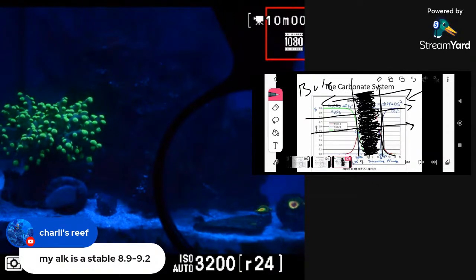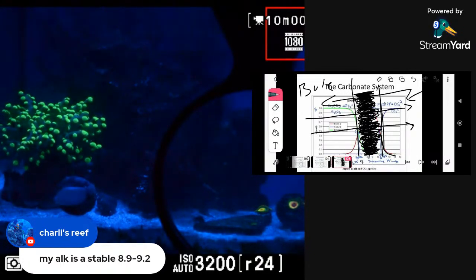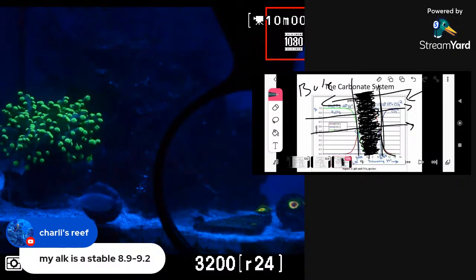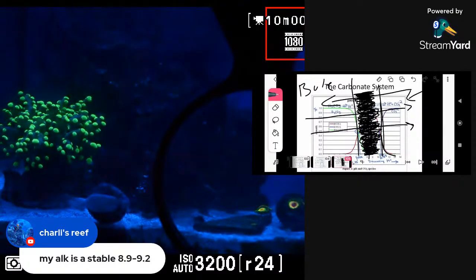And you have it even sweeter, because I usually give wiggle room to people since a lot of people can't maintain it at a straight 9. But I really love those numbers, Charlie. Those are the numbers I keep. But I really don't care if it swings between 8.5 and 9.5, or if it drops to 8, or if it goes to 10. If it goes to 10, I absolutely don't do anything. If it drops to 7 or 8, I'll add a little bit.